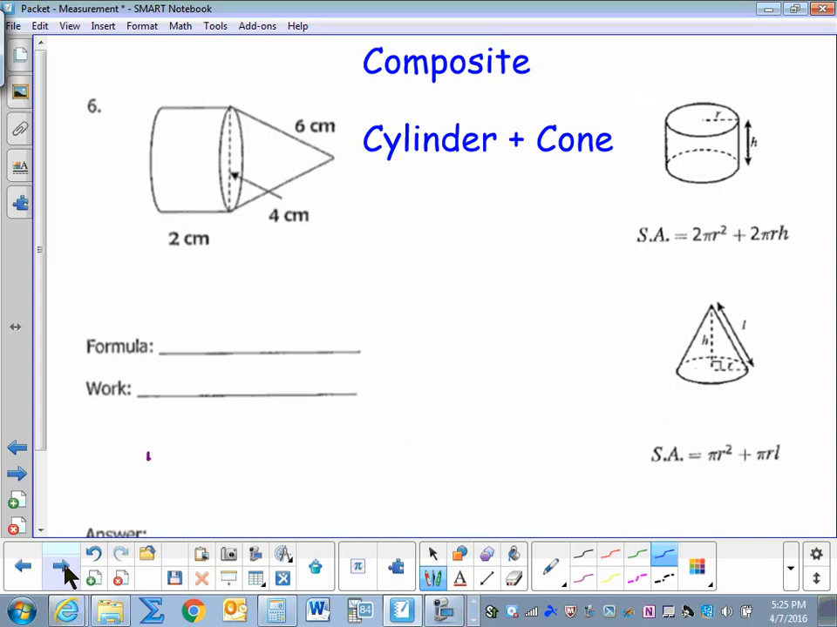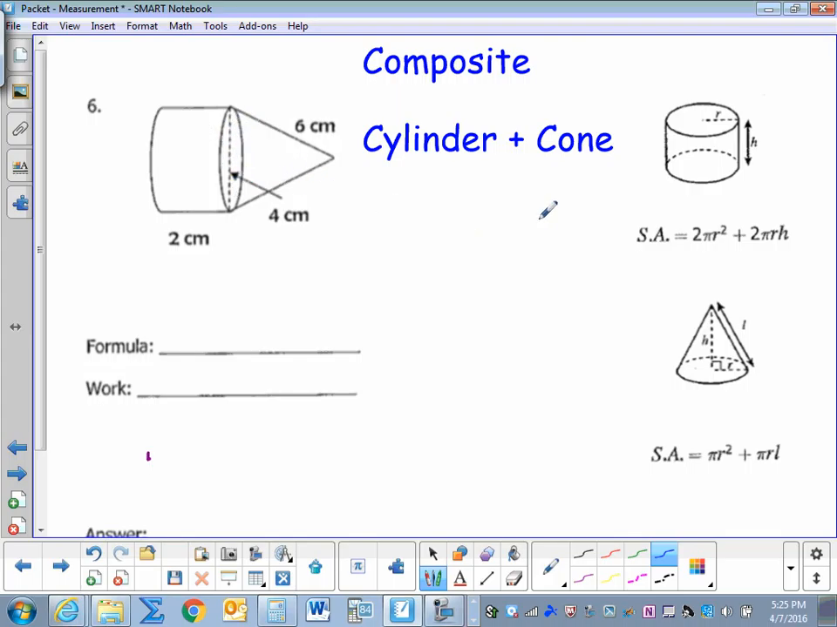Our last figure is a composite. It's made up of a cylinder and a cone. So we need to calculate the surface area of both objects and add them together. But let's look carefully here. We don't need the surface area of the entire cone because the cone and the cylinder meet. The bottom of the cone and the top of the cylinder are inside, so we need to get rid of